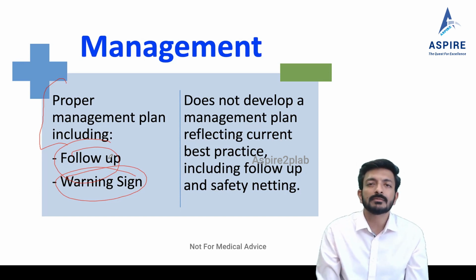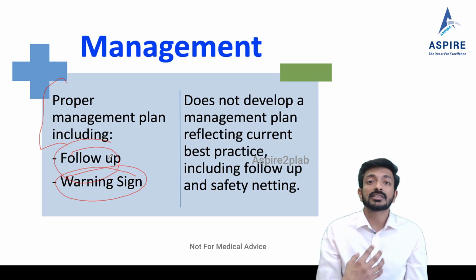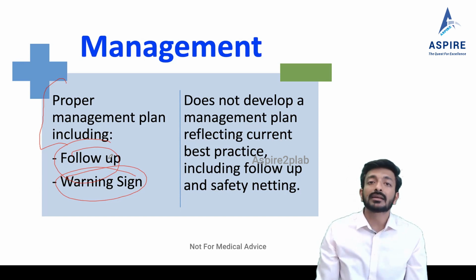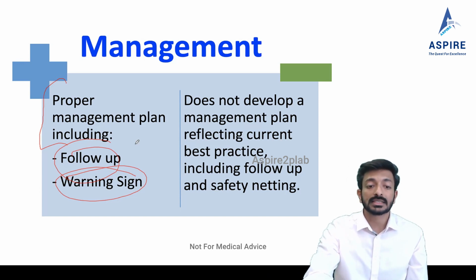For example, patient came to you with the chest pain and it comes out to be pericarditis. And after keeping the patient in observation for some time, now we are sending the patient home. So make sure you give proper warning sign, maybe giving proper warning sign for heart attack. Like if you got this chest pain which is going to your left arm and to your left jaw, make sure you come back to the hospital, or just call the ambulance. So that's warning sign and follow up.